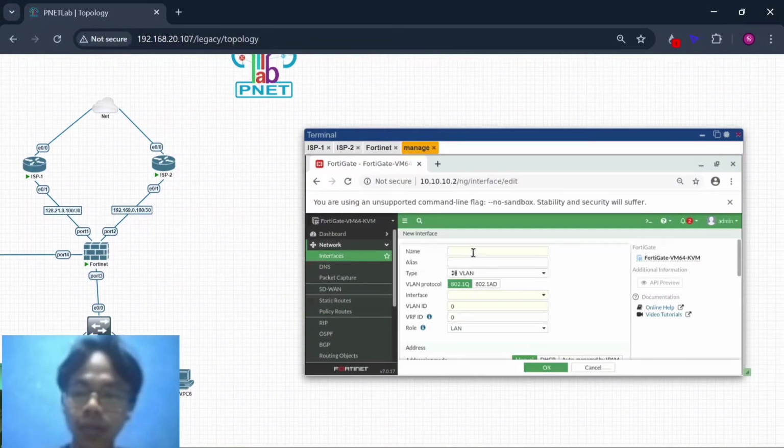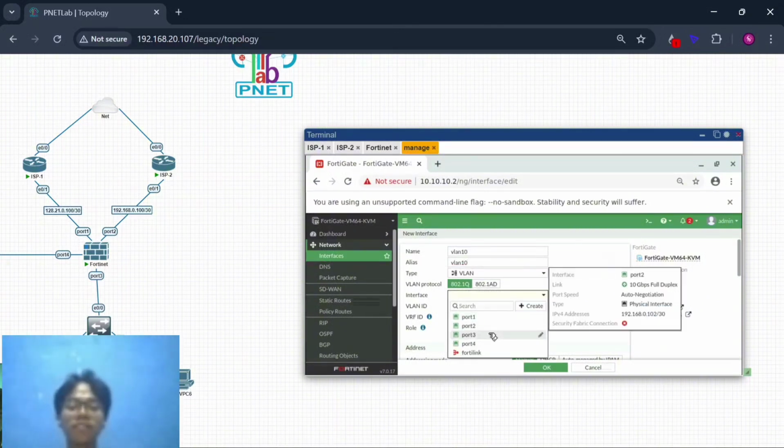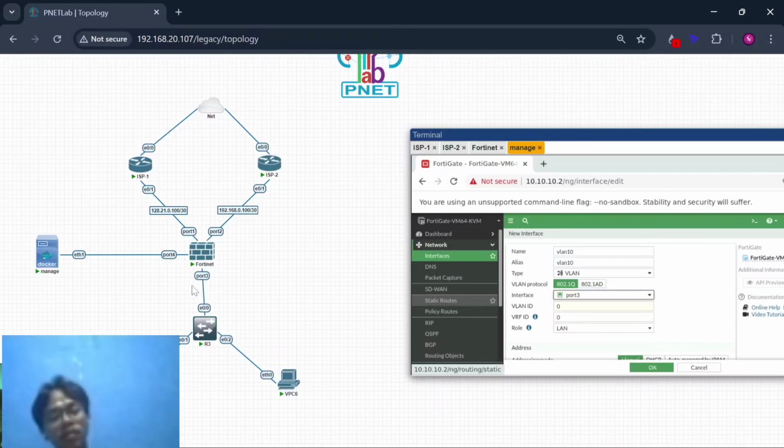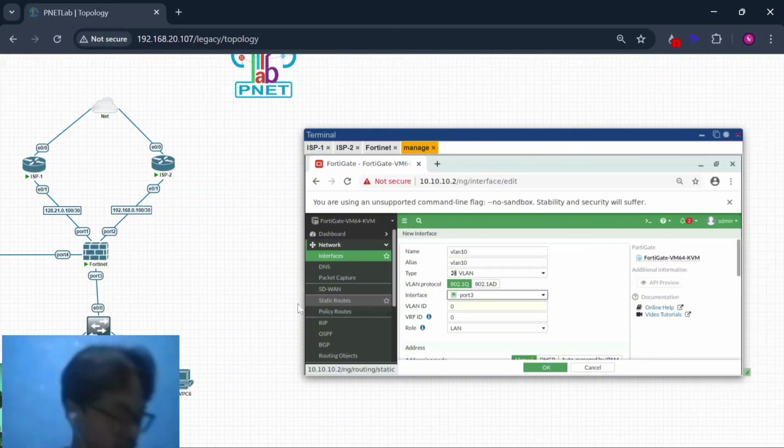Name VLAN 10, alias VLAN 10, and the interface is port 3 because port 3 connects to the switch and the switch connects to this VPC device.